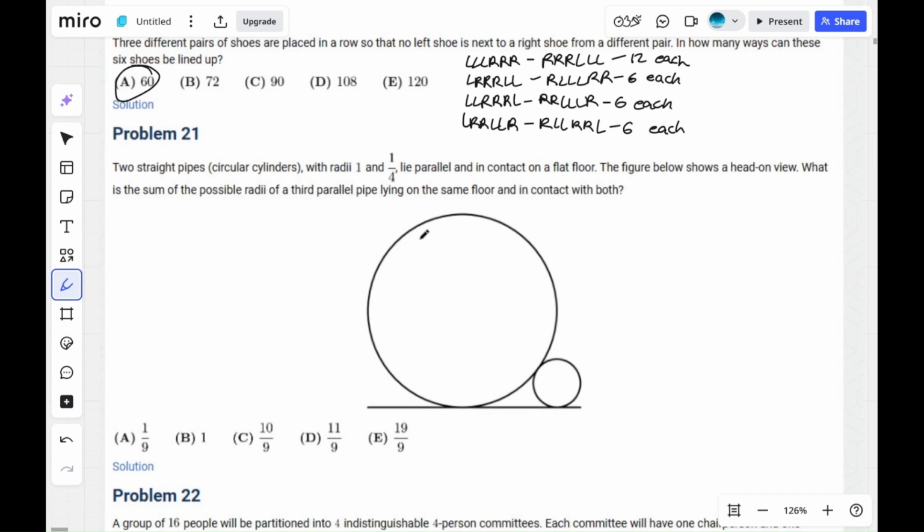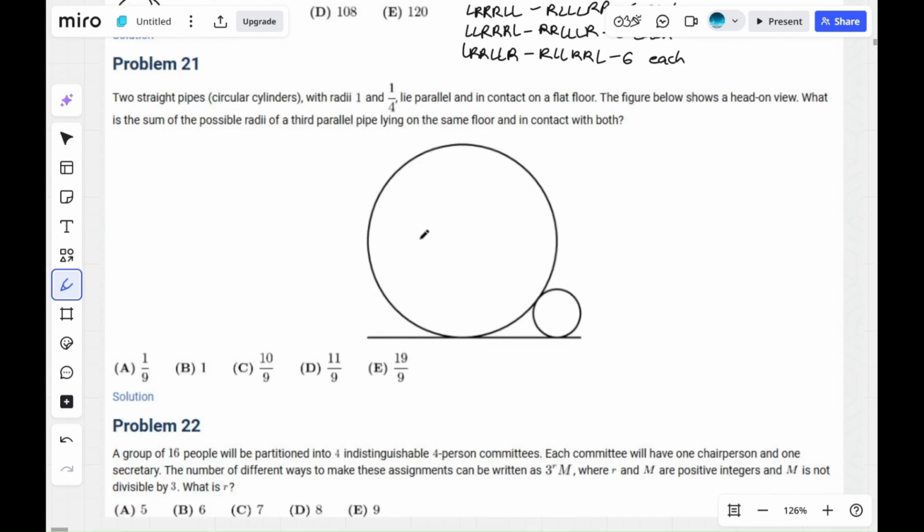Moving on to question 21. So 2 straight pipes with radii 1 and 1/4 lie parallel and in contact on a flat floor. The figure below shows a head-on view. What is the sum of the possible radii of a third parallel pipe lying on the same floor and in contact with both? So we are given these 2 circles right now, and our third one can either be down here or somewhere over here,